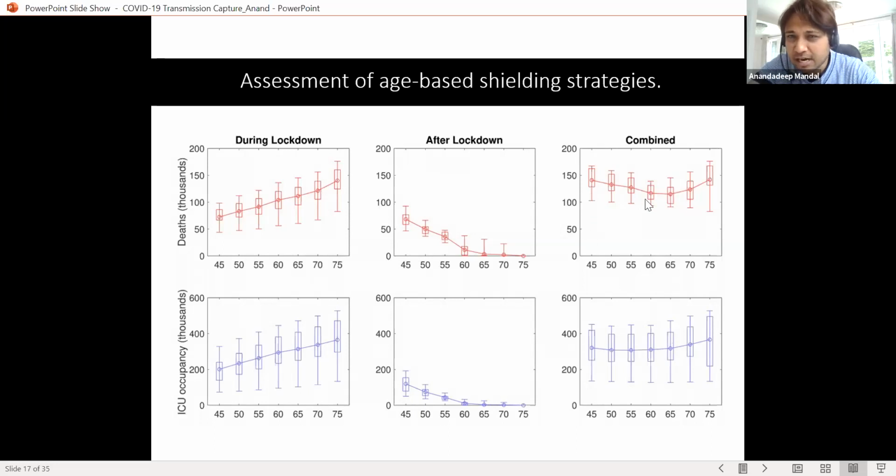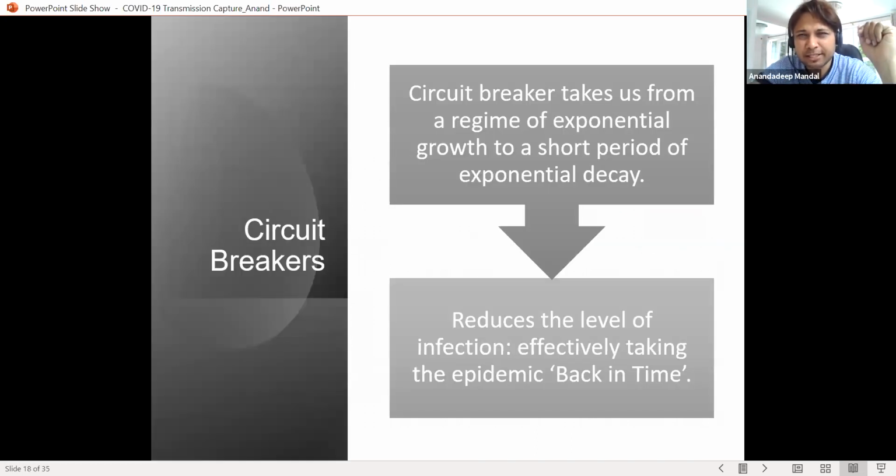So this graph, the combined graphs, was very key to understand at what age the government needs to take the cutoff point. If you are 65, you can't. If you're below 65, you can still go out once or twice a day, whatever the rules and restrictions are. So that was one of the key things.